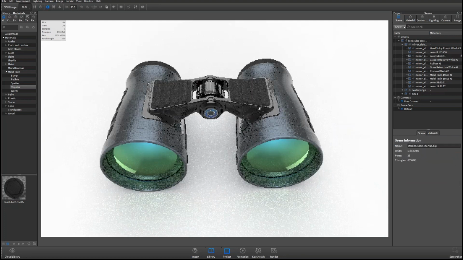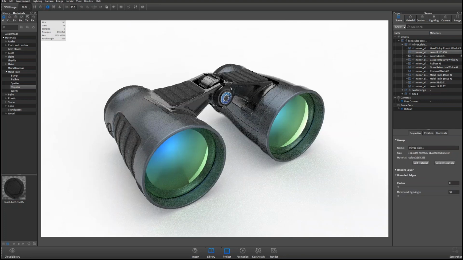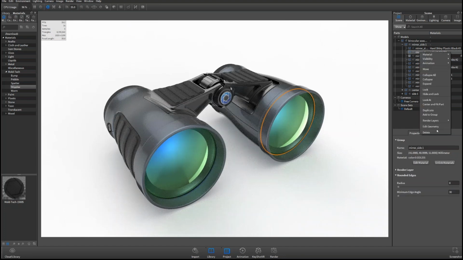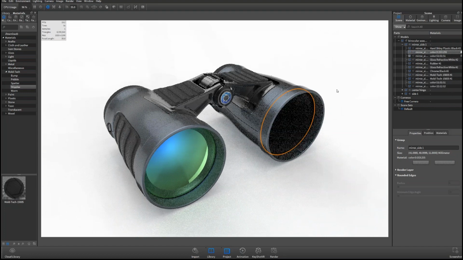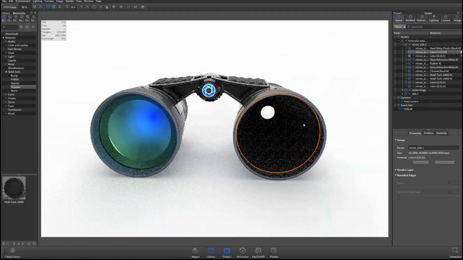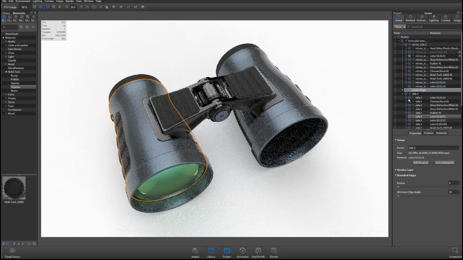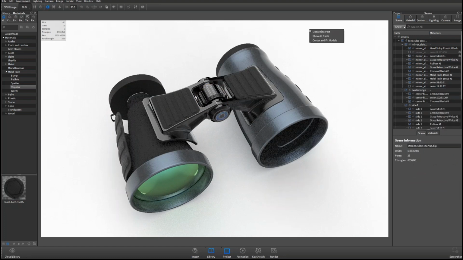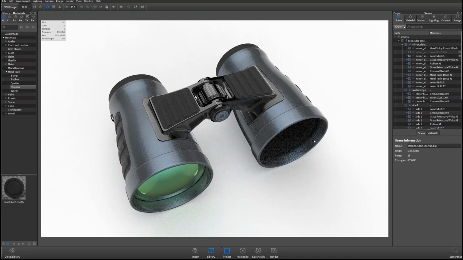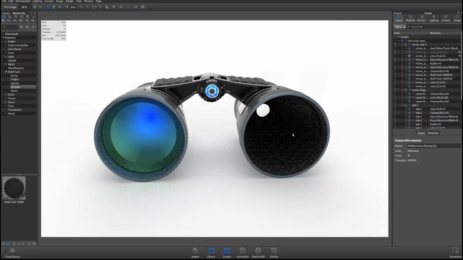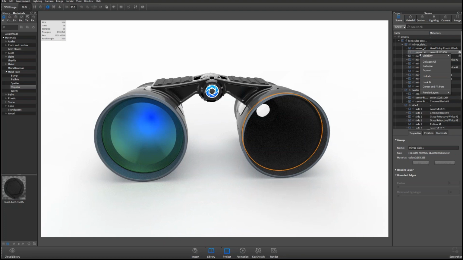Another thing that we added with that locking ability is I can right click and hide and lock, right? So if I do that to that part, and then I'm going through and turning off parts as I'm assigning materials and things like that, now if I right click and show all parts, you'll notice that all my parts pop up except the one that I told to hide and lock, right? So those visibility states are also going to be respected when you're working with your lock. So when you start working with a really complex assembly, I know a lot of viewers do, that will allow you to have a little bit more control over those parts in your scene tree.